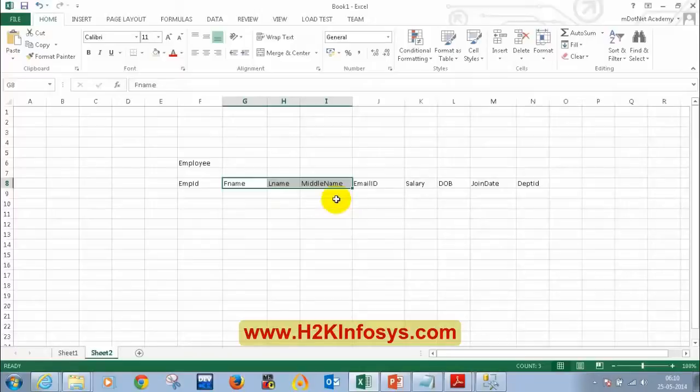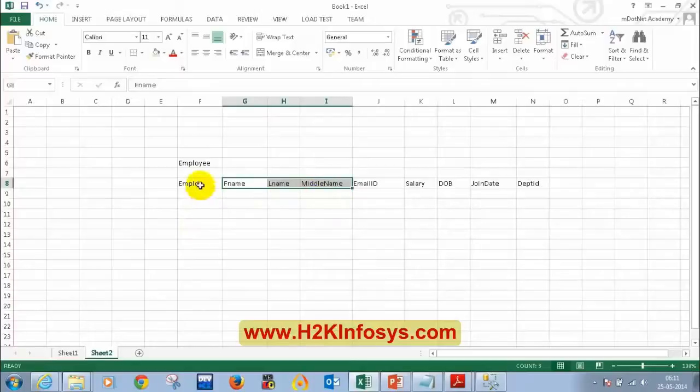But still some of you are saying there might be chances we can have the same first name, last name and middle name combination for multiple employees. Okay, at least I guess it can be there. Yeah, I'm not denying the fact. These three combinations also can vary. Okay, so I'll tell about composite key later.